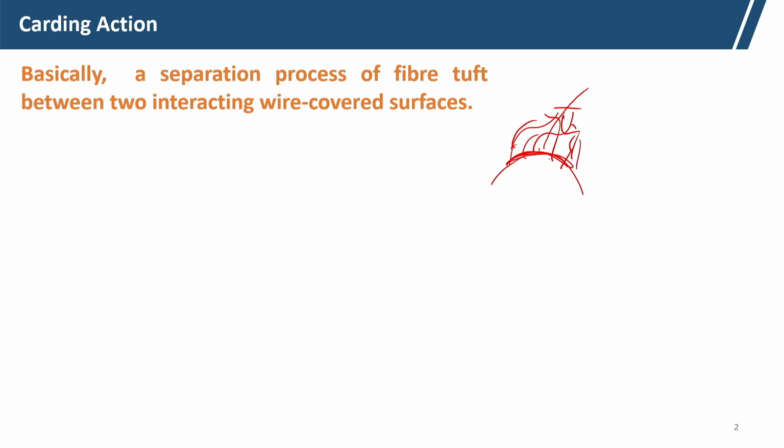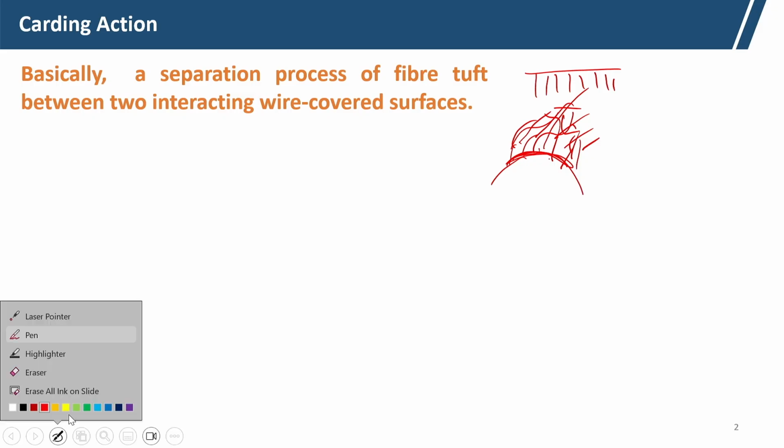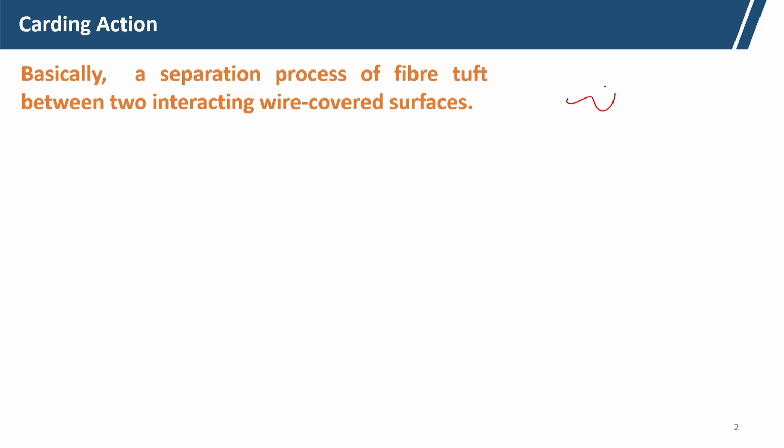For the other part, we need a single series of comb, which will be passed through the hair, and we get the individual identities. We can open up the hair this way, but in case of fiber tufts,